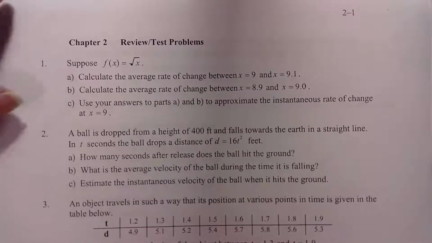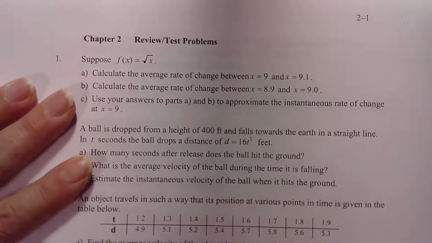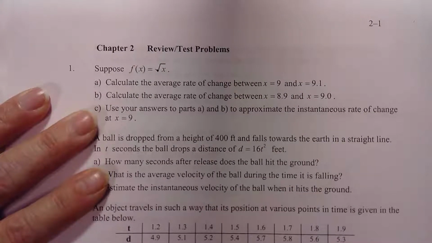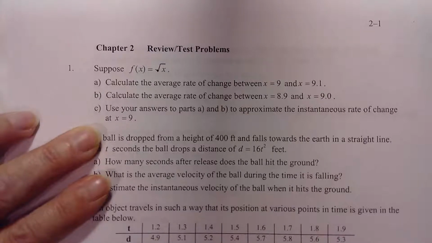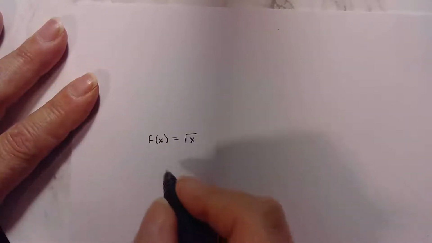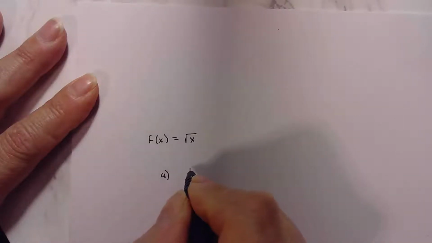Okay, so the first question is, suppose f of x equals root x. We want to calculate the average rate of change between 9 and 9.1, the average rate of change between 8.9 and 9.0, and then estimate the instantaneous velocity at x equals 9. All right, so let's do this. We have f of x equals root x. That's our function, right? And in part A, we want to estimate this between 9